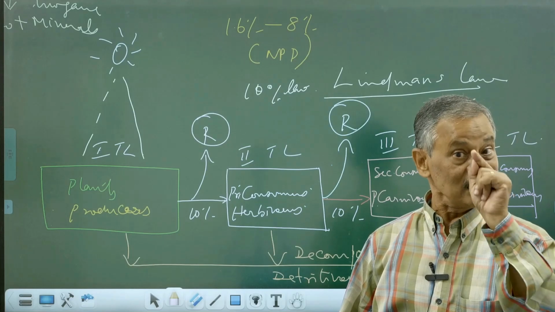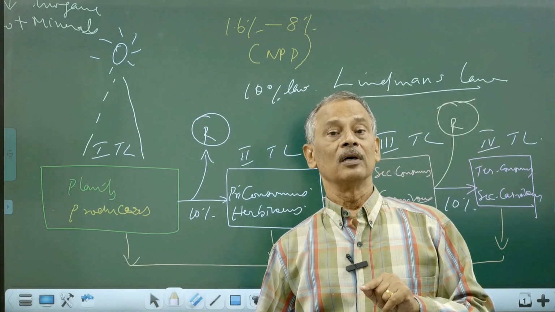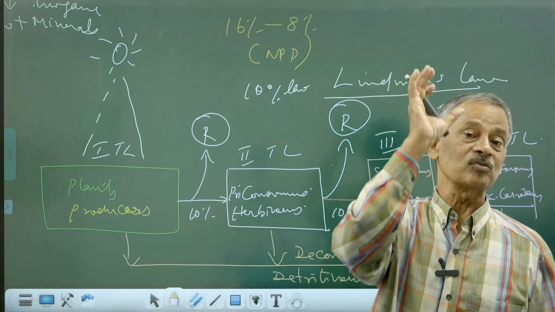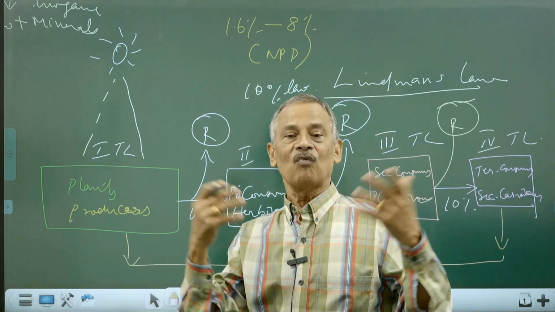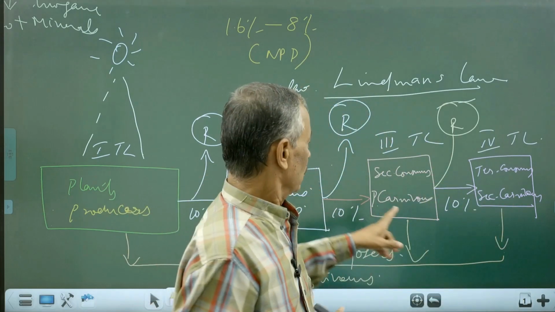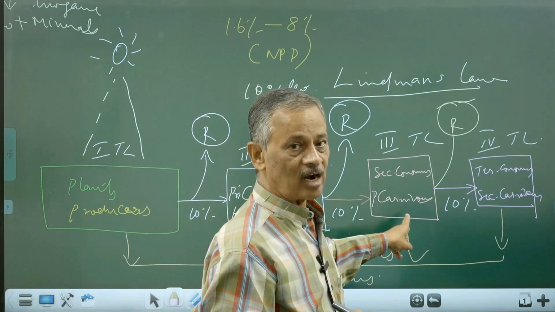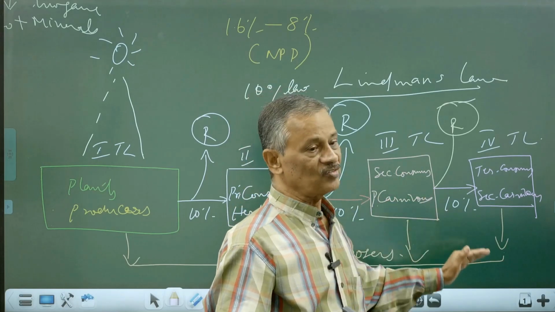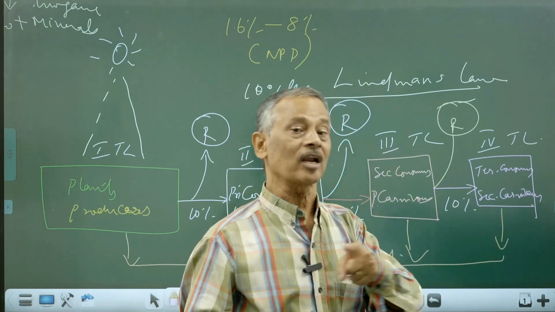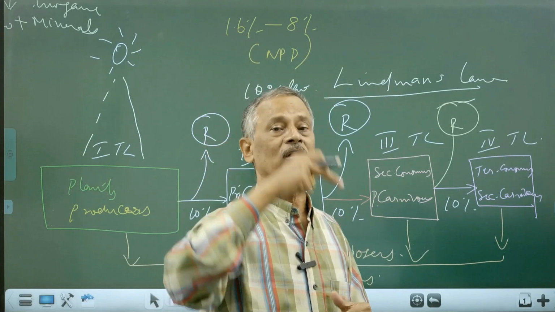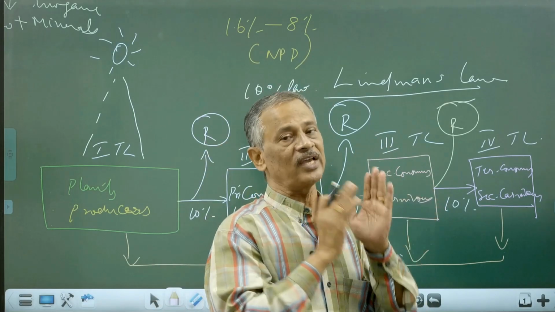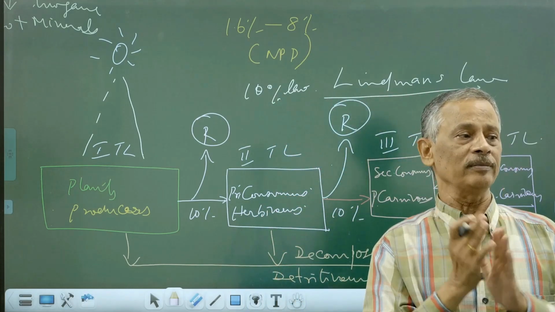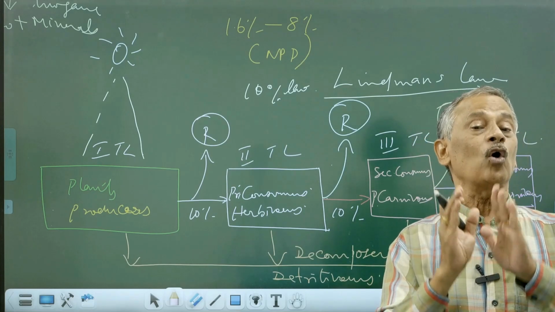So, when the energy reaching a trophic level goes on decreasing, that will determine how many organisms should be present at that trophic level, and what will be their biomass. See, it is because of this energy that they are all living, they are all building organic materials. So, if the energy goes on decreasing, the number of organisms and their biomass will also go on decreasing. So, in short, I can say that a food chain will always be a short one. It can never have more than 4 or 5.